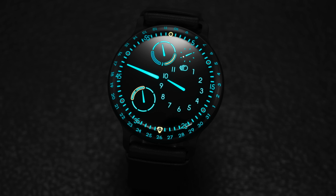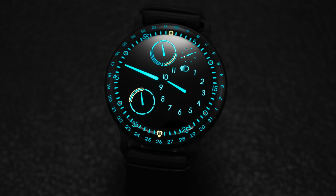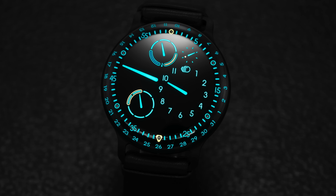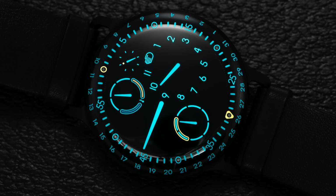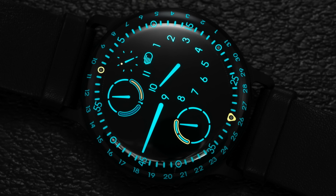Intriguingly, Super-LumiNova is utilized on virtually every printed surface of this dial, and the watch presents an impressive display of incandescence in reduced lighting environments. This was probably the least, or maybe the most, unexpected highlight of this watch. We turned off the lights, got some shots of this watch, and we were just like, wow, the lume on this thing is fantastic, and it almost looks as cool, if not cooler, when the lights are off